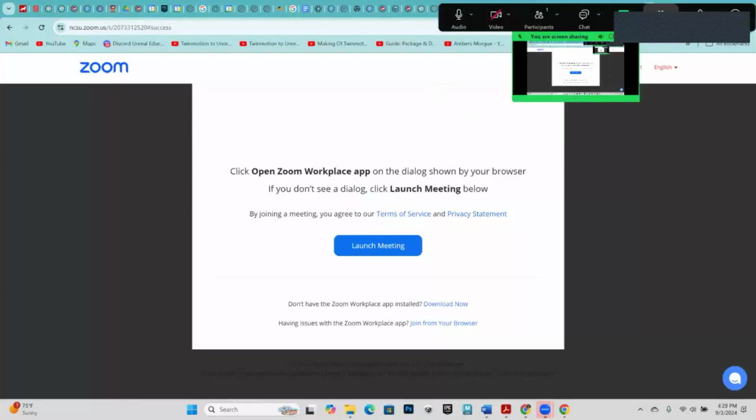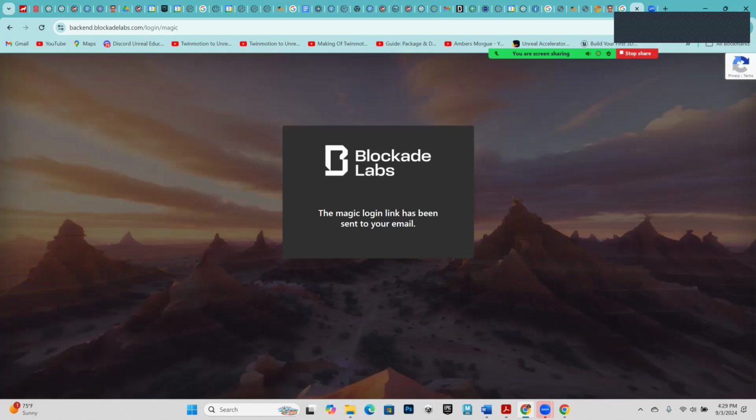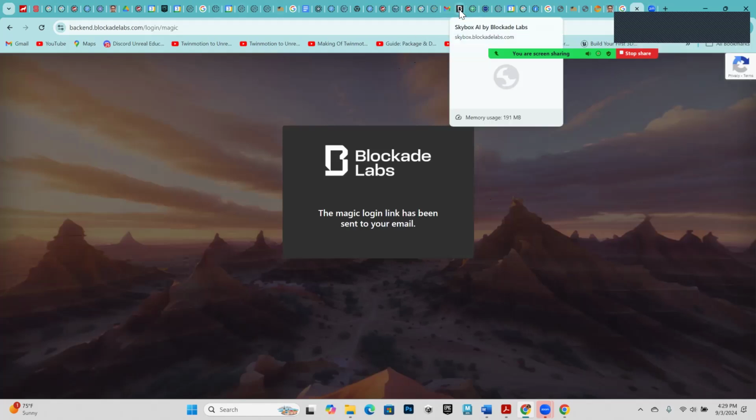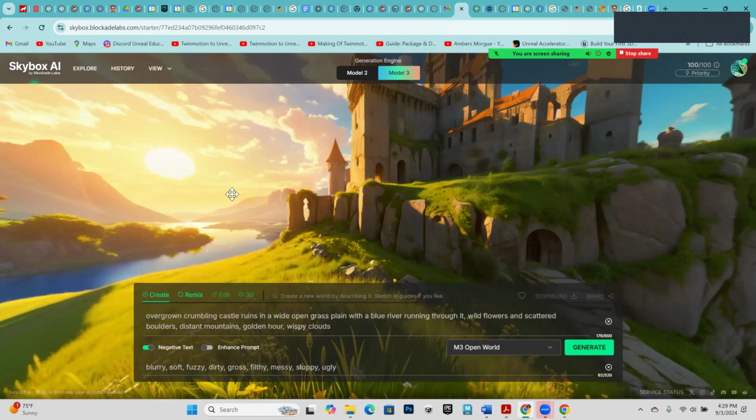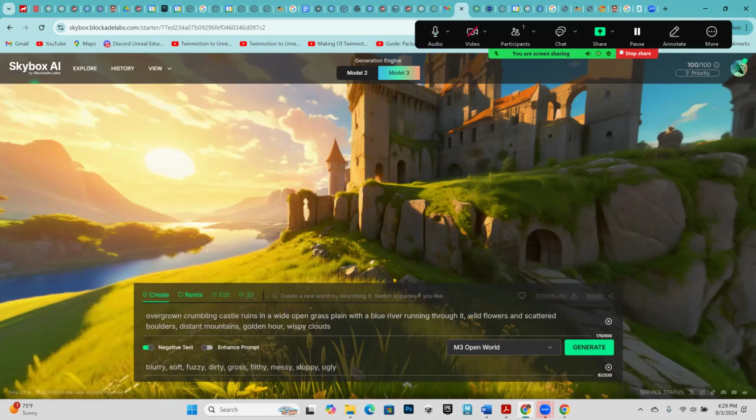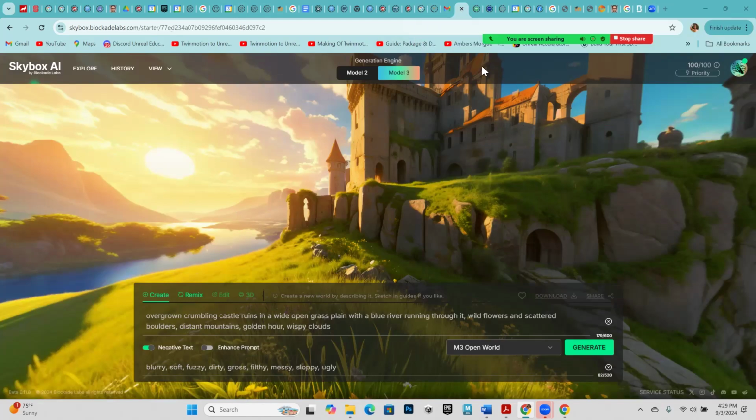Okay, so we're sharing our screen and we'll just go to Blockade Labs. So what you can see here is that I have, in the upper right corner, once you create an account and log in,